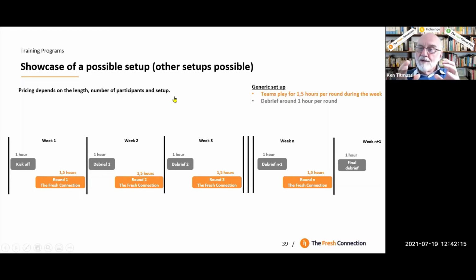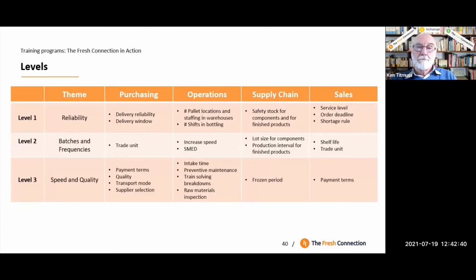When it comes to the Fresh Connection Global Challenge, you actually get 2 weeks. There's no briefing, there's no debriefing. The game opens and you get in there and you have to make your changes. And then you're given 2 weeks. Okay, so there will be 3 rounds of the Global Challenge, and each of those rounds will be 2 weeks for you to sit down and work out what you want to do.